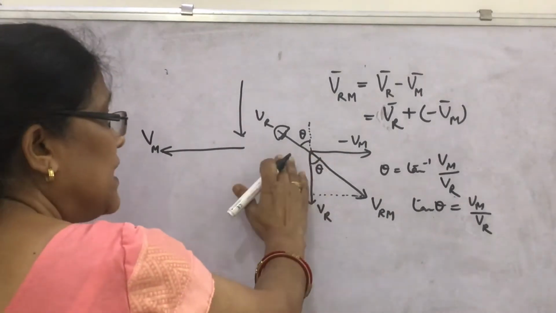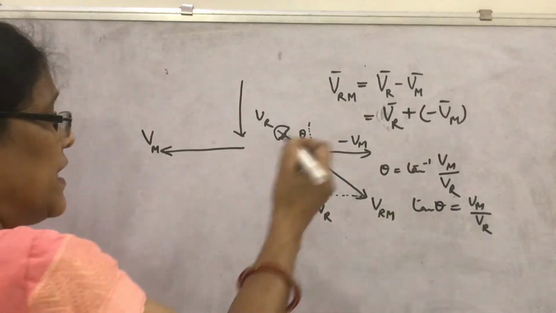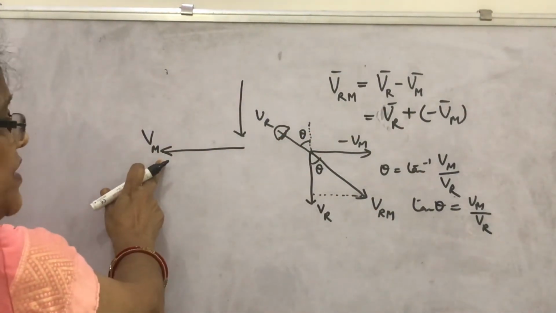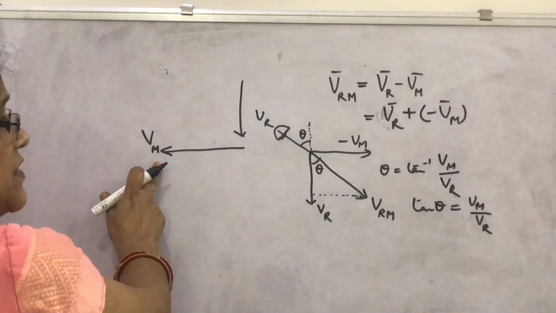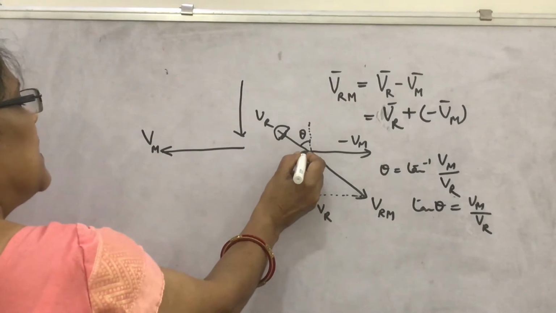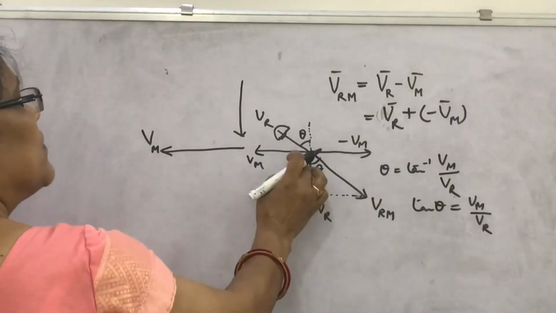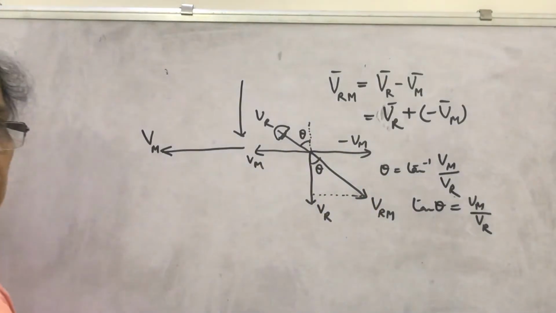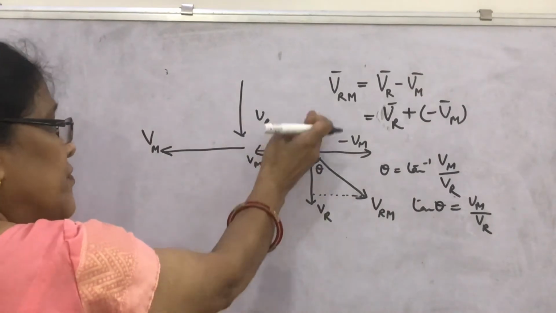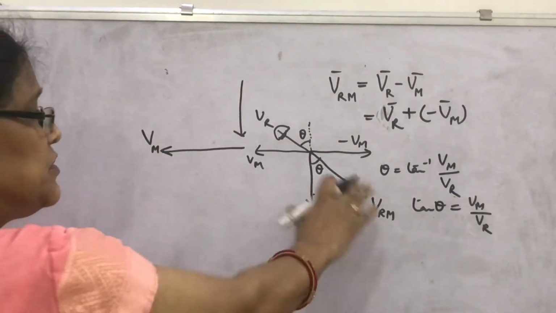And in what direction is the umbrella opened? The direction in which the man is moving. Look, the original direction of the man is moving from east to west, and what is the umbrella? Look here, this is the original direction of the man, and what is the relative velocity for that? Minus Vm we have drawn here. The more the velocity of the person, the more the angle from the vertical.